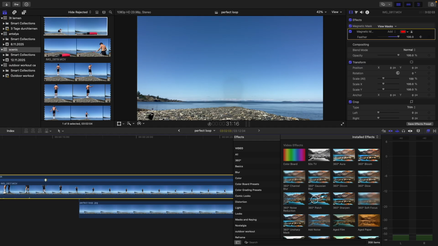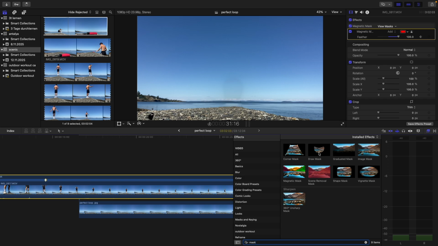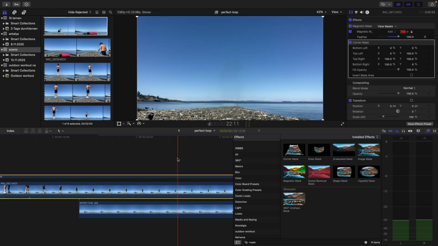So what I'm gonna do now is a mask, and as I said before, a draw mask or shape mask. Let's just use a corner mask. That's gonna fit the best. And we're gonna turn off the magnetic mask for now. As I said before, you don't even need the magnetic mask for this. I'm gonna go ahead and say,